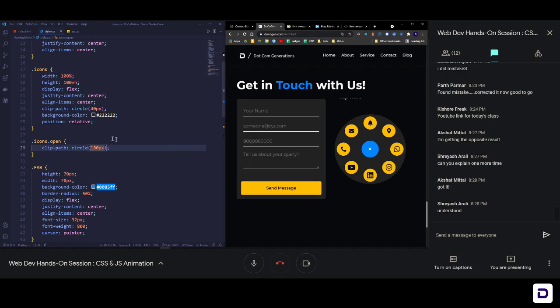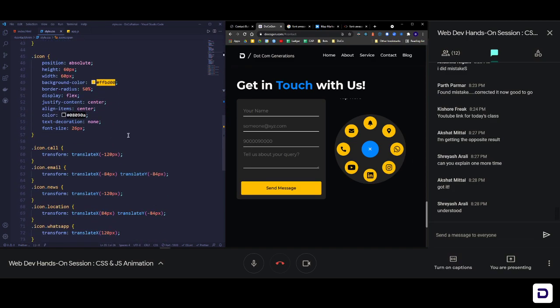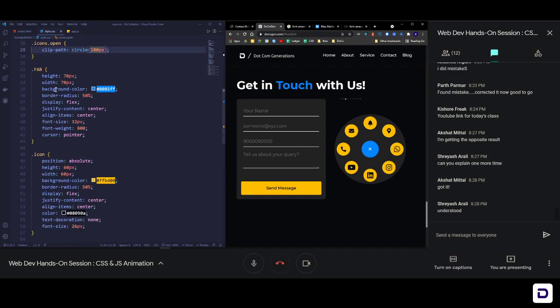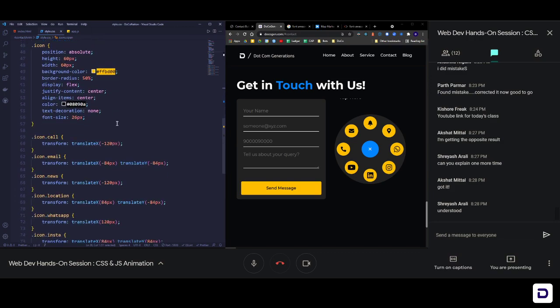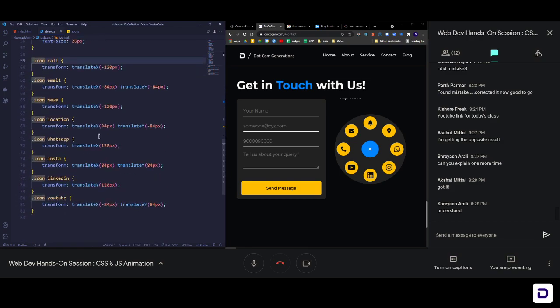Okay, so let's do one thing. Here also we can add that whenever icons.open is present. Let me just copy this, and before every icon, wherever you have written this whole thing, before every icon dot whatever element that is, paste icons.open. Paste it and add a space. Let me do that quickly everywhere. Alt click, click, click, paste it, add a space.